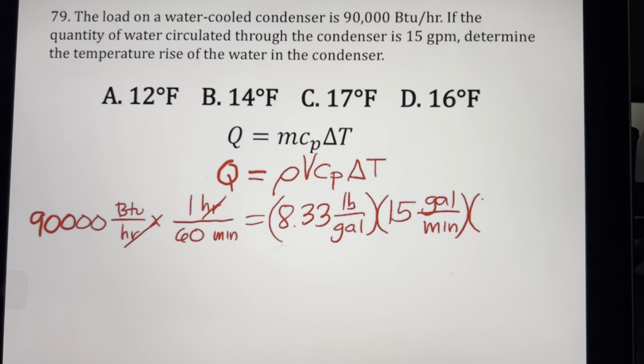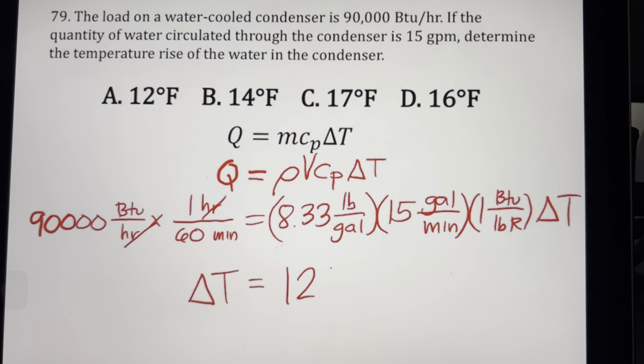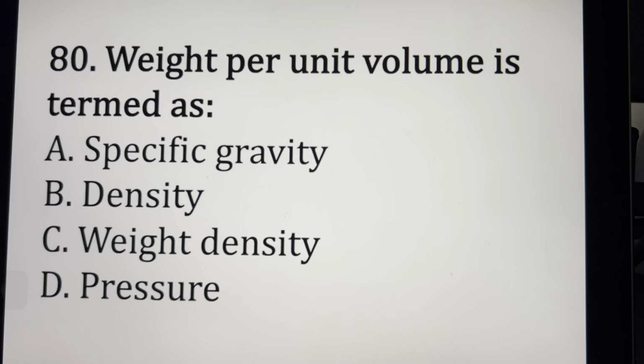Cp of water, 1 BTU per pound Rankine, and our unknown, delta T. What is our change in temperature, or the temperature rise? That is 12 times the change in Fahrenheit. 80. Weight per unit volume is termed as